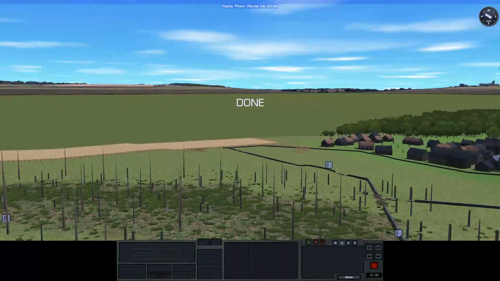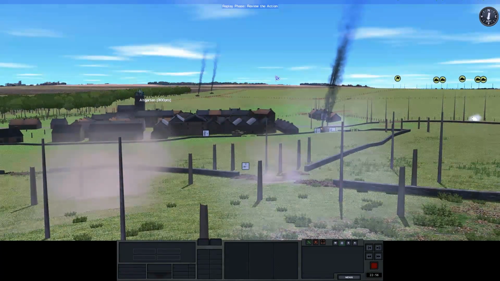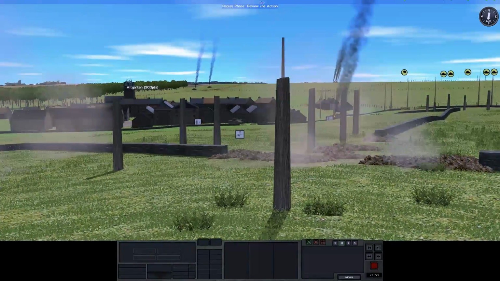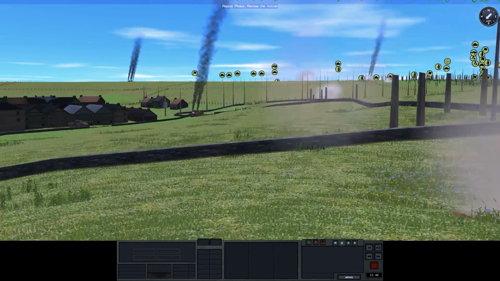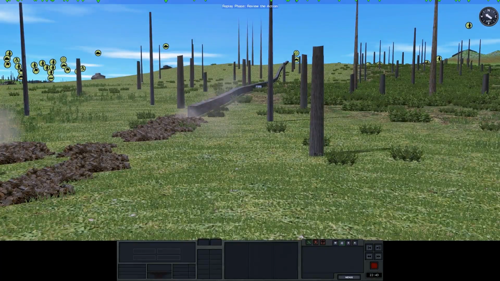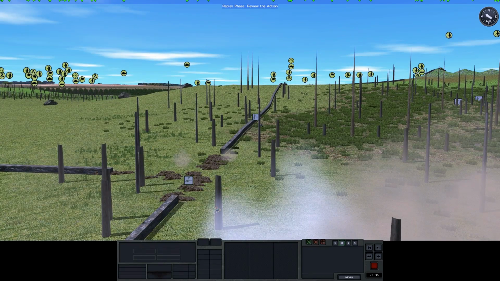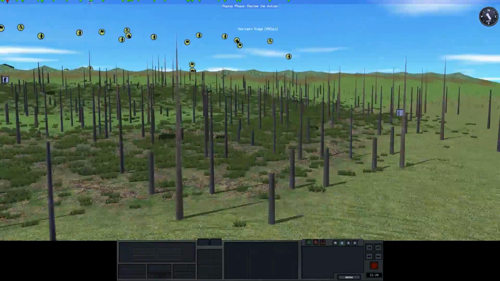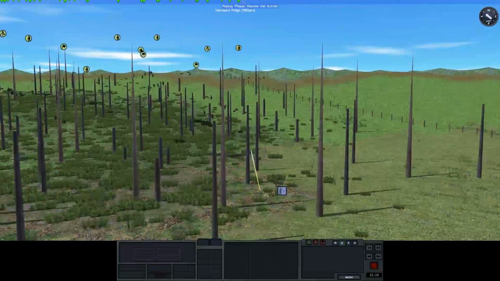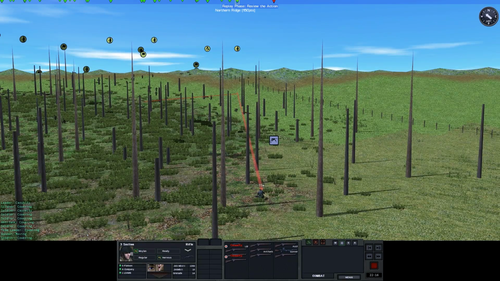What's going on with this? Just want to look at what's going on with this anti-tank gun. Can't really see anything here. It seems to have disappeared. Certainly don't want to assume that that's been knocked out. A couple of casualties, but we've got to...